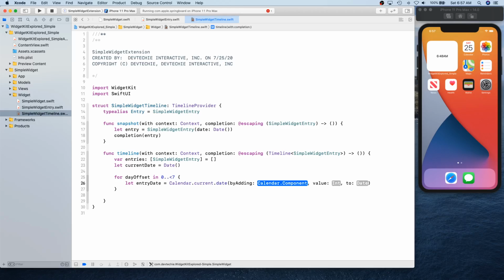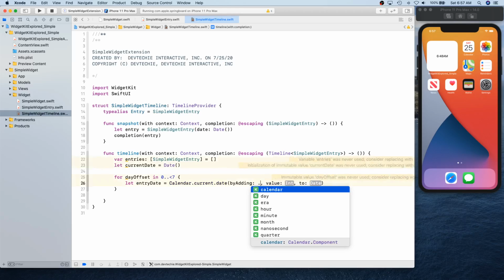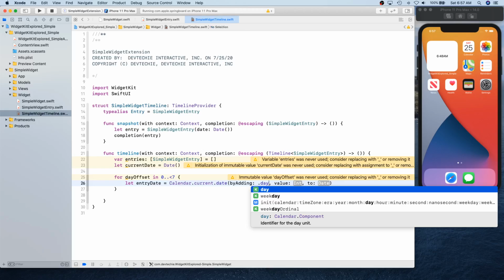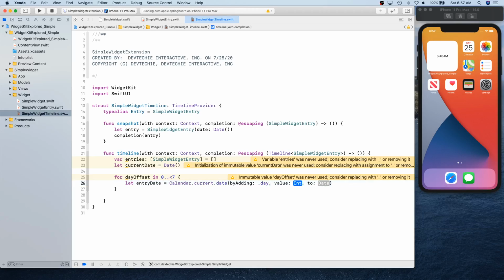And we're gonna say we want to add value is by adding day, how much value? 1, so 1 day to each value, right? Or you can say day offset. So what we want to do is create entry date from today.